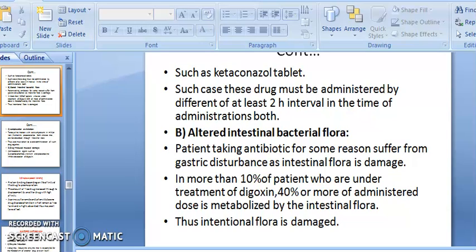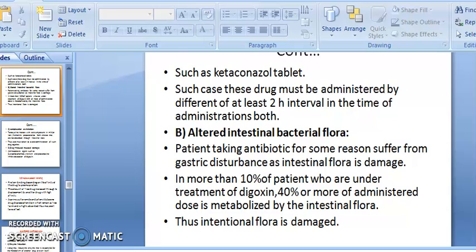If you add ketoconazole along with an H2 receptor antagonist, dissolution and absorption will be decreased. To overcome this problem, you have to take the two tablets with a 2 hour interval between them. Firstly, take the H2 receptor antagonist, and then take the ketoconazole tablet.